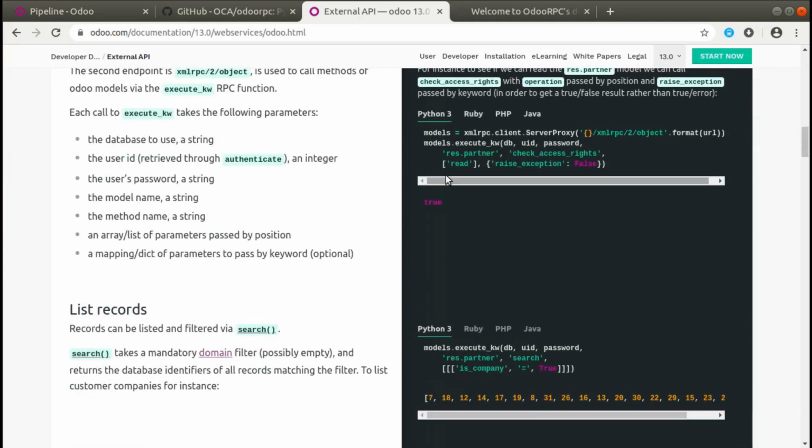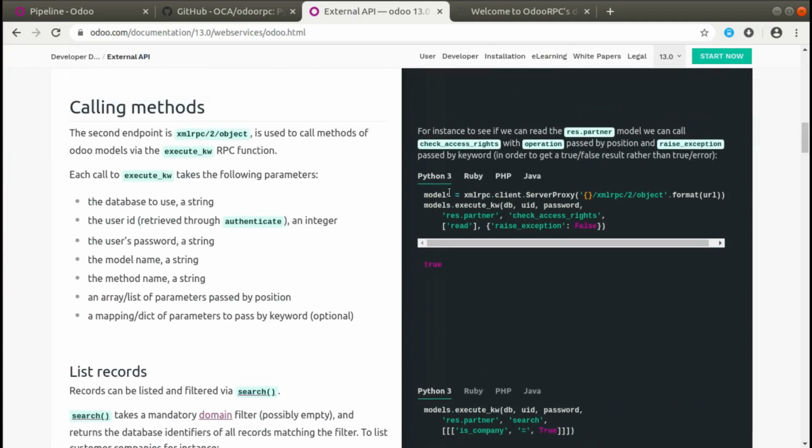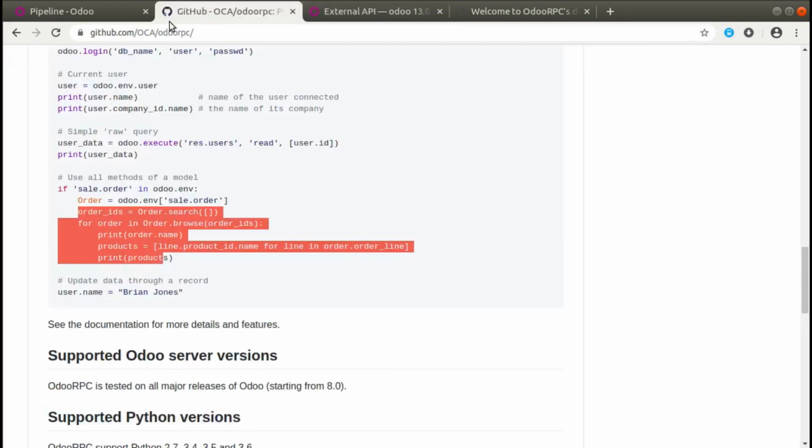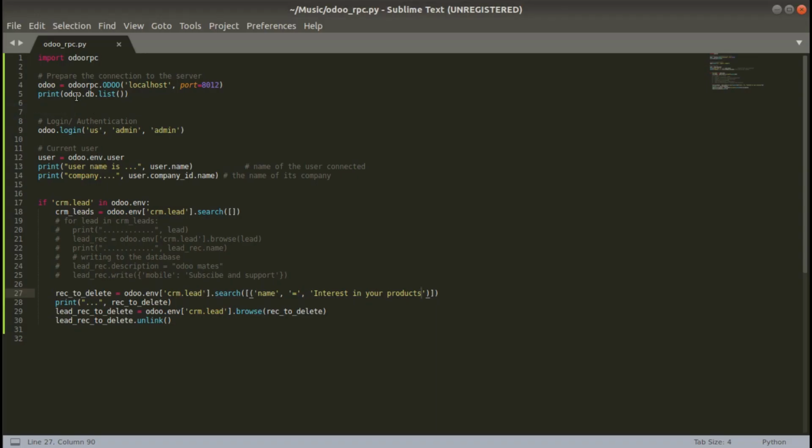Here you can see how we call xmlrpc.client.ServerProxy, and it seems to be tough. If I need to write an XML RPC script, I have to come to this page and copy paste from here always, and without referring here or to an existing XML RPC file I have written, I cannot write the code. So odoo RPC seems to be simpler to write and understand. Here you can see odoo.login, etc., which is easy and simple.